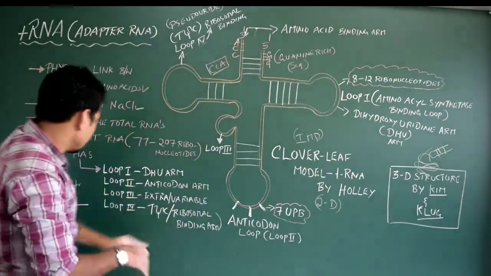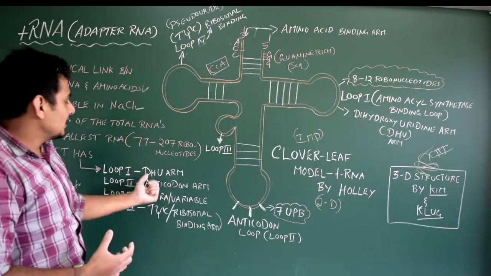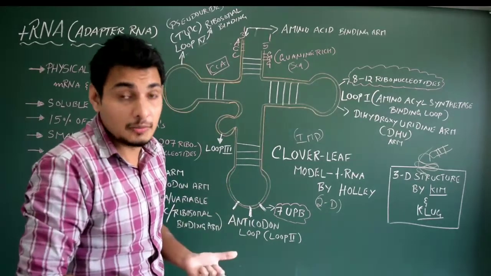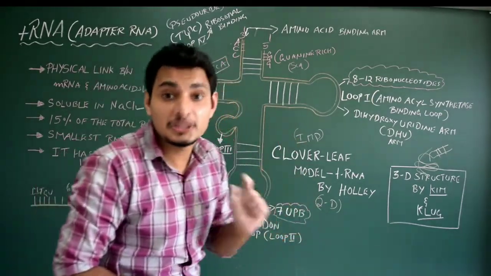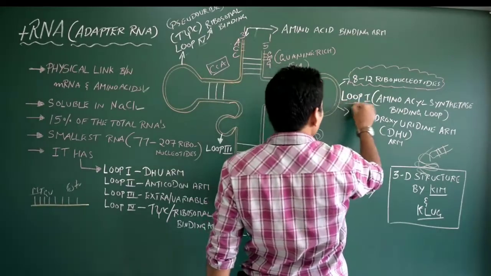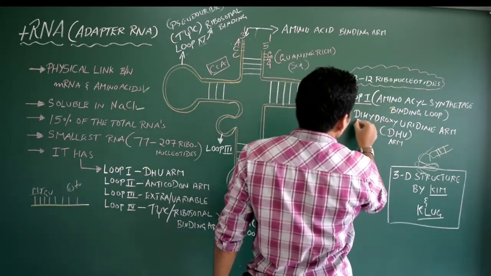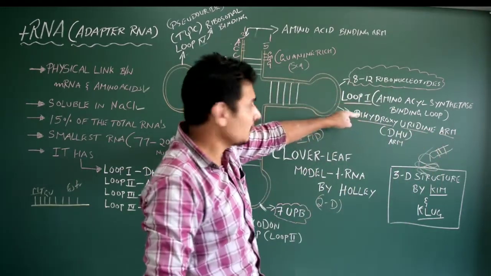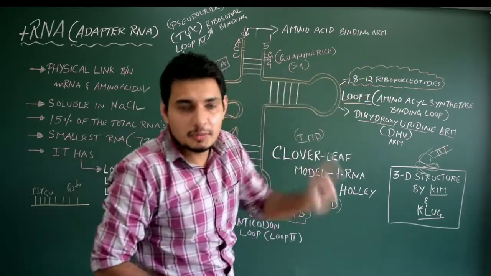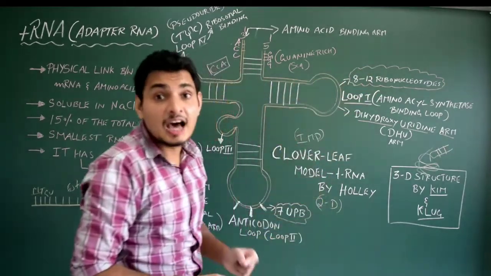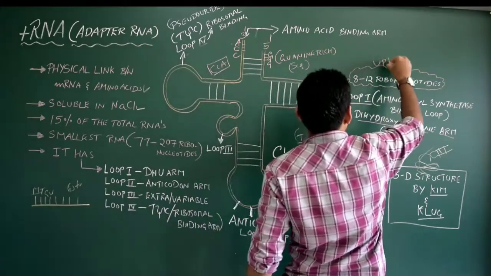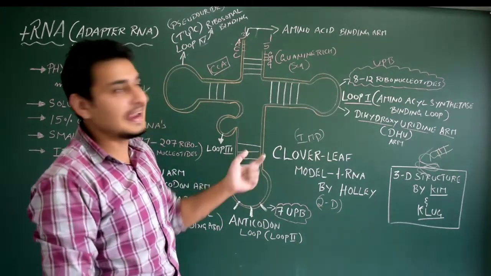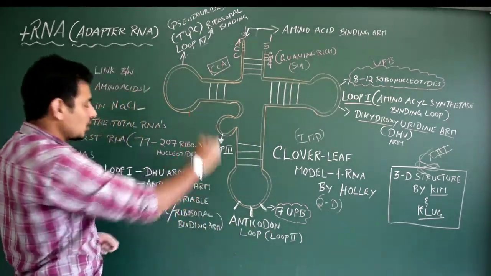Loop 1 is also called dihydroxyuridine R, DHUR. You may get a question like, how many ribonucleotides are there in the DHUR? I have written here, this is loop 1, which is also called dihydroxyuridine R, DHUR. Remember this, the other name of loop 1. 8 to 12 ribonucleotides will be there. Ribonucleotide in the sense unpaired bases. It looks like double stranded, but no, it is single stranded itself. Unpaired bases will be there. How many? 8 to 12. That is loop 1, which is called DHU.